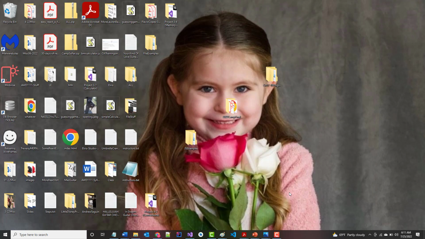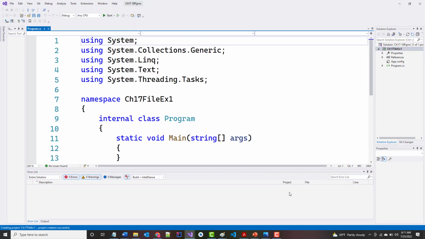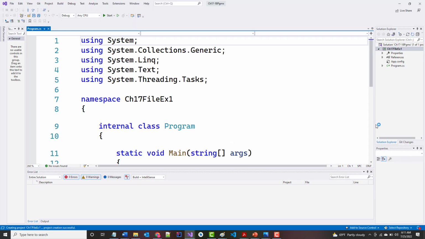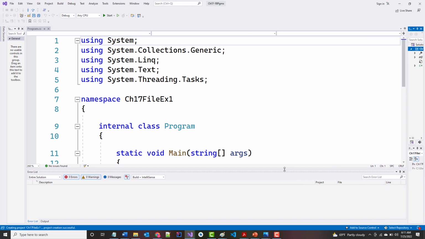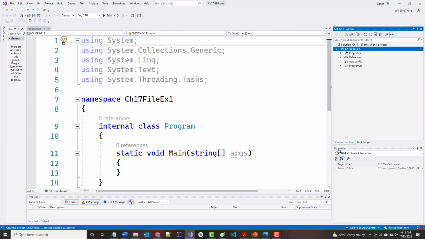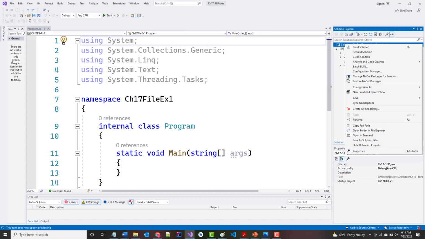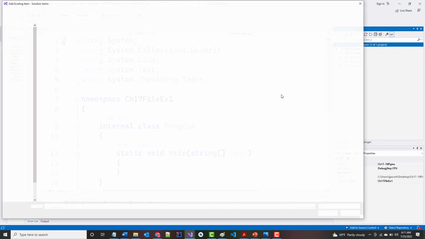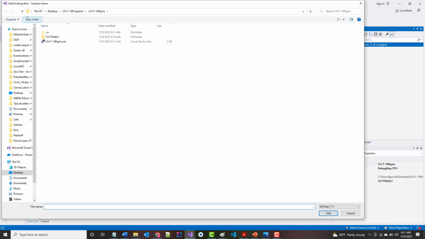Now, this won't be a very long program, and it won't be fantastic or anything like that, but it's meant to start showing you some of the stuff that we want to work with. All right, so we've got this. The first thing I want to do is, and I don't know if this will work or not, right mouse click on my project. I want to add, and I want to add an existing item,